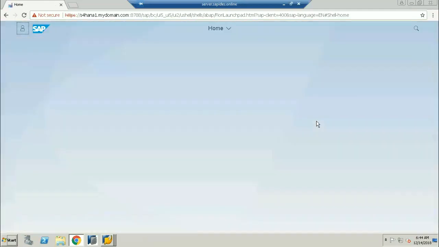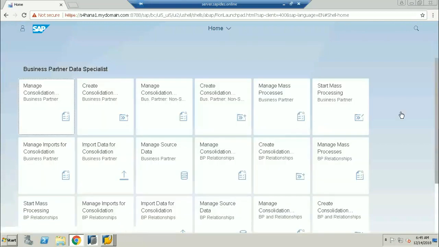This is the complete Fiori home screen. You are able to see the Fiori home screen. These are called the tiles. By default, it is completely role based. Every user will not get access to all the tiles. For example, I am a finance manager in my company. I don't want all the Fiori tiles to be visible to my role.